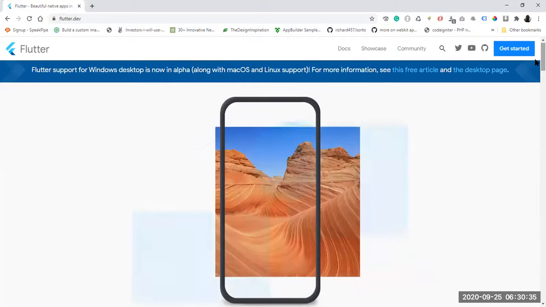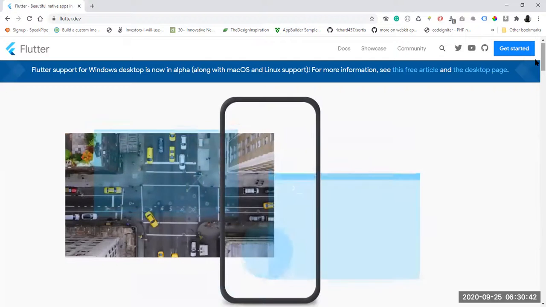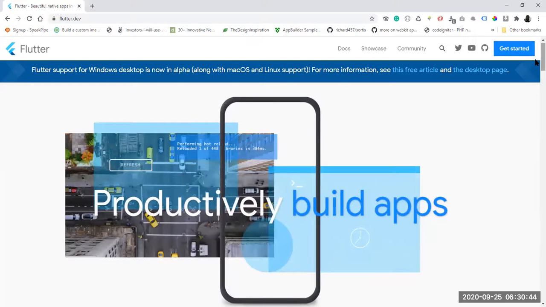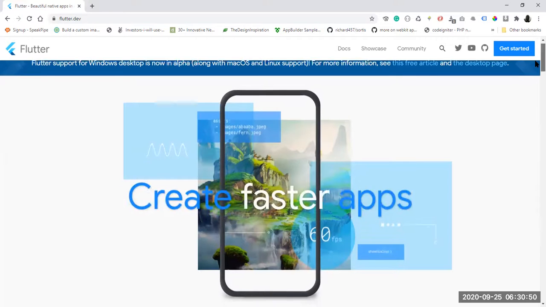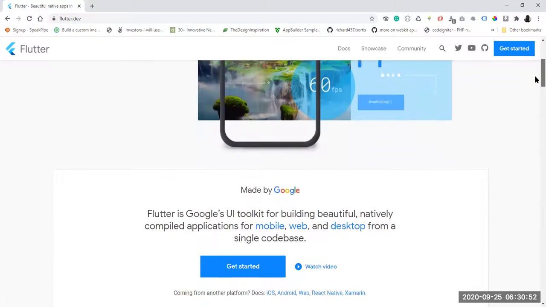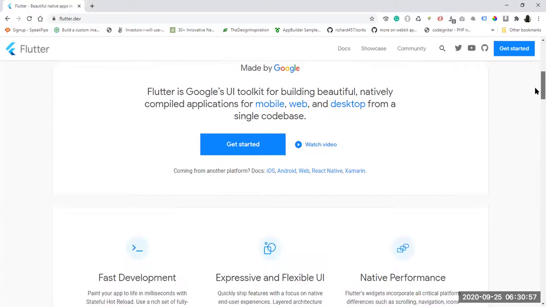You just want to have one team that can develop for the entire platforms that you are trying to target. I think that would be much more considerate than having two teams, right? And you want to make sure that your app, when you develop it, will look as amazing as it can be.